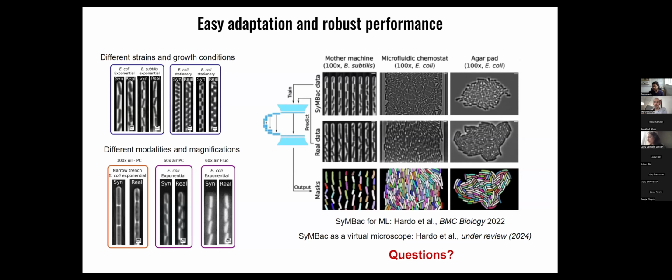And so what we're now developing is a super resolution network where we have the same ground truth and we generate images with two different resolutions, and we train a super resolution network with that. The nice thing in the mother machine is that we can exploit the symmetry of the device, where there are vertical boundaries between cell and device and horizontal boundaries between two different cells. So the model can accurately learn these features from seeing two images of different resolution. And so we can take 20x data, upscale it using the super resolution network and then segment it.